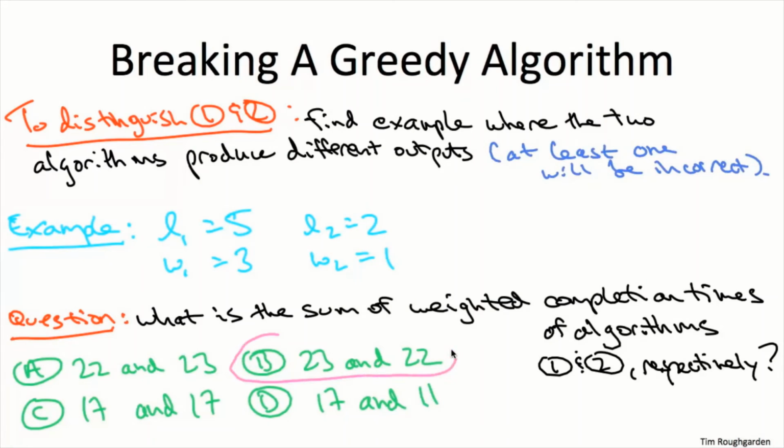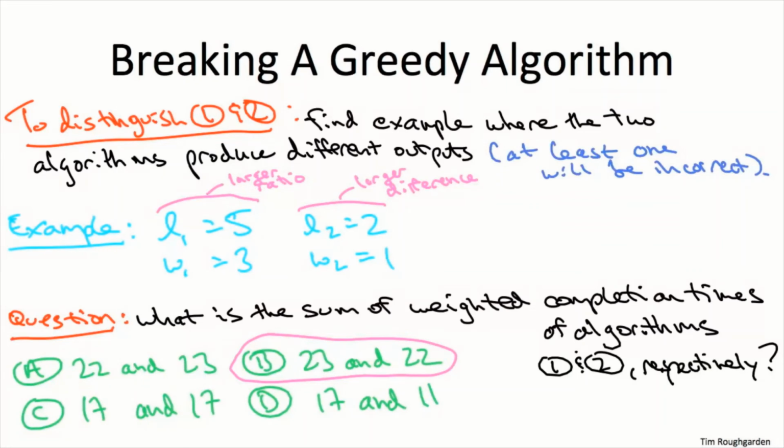All right, so the correct answer is answer B. Let's just briefly go through why. So first, let's just make sure we understand which algorithm produces which schedule. So the first job has the better ratio. Its ratio is 5/3, whereas the ratio of the second job is 1/2, which is smaller. Whereas the second job has the larger difference. It has a difference of -1, whereas the first job has the more negative difference of -2. So the first algorithm, which orders by difference, will schedule the second job first, then the first job. The second algorithm will schedule the first job first, then the second one.